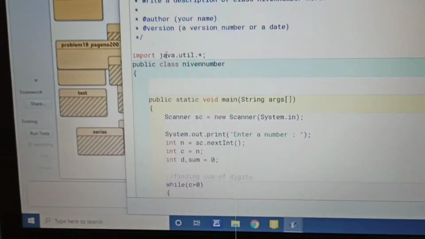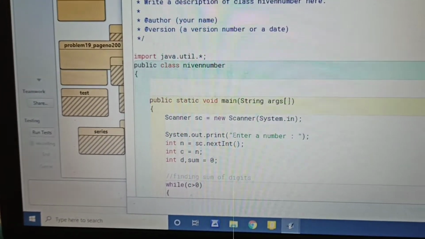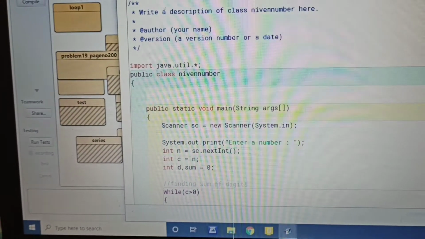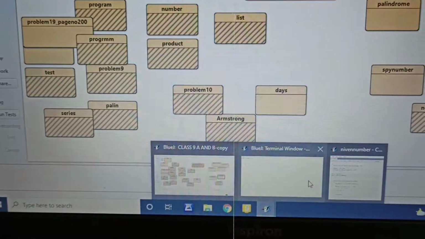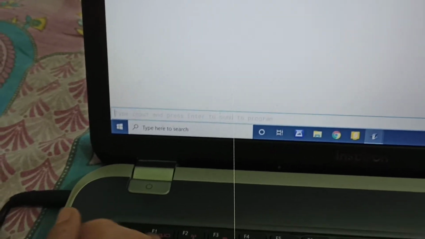First I will show you the output. After compilation it asks to enter a number. If I write 126 and press enter, it shows that 126 is the Nevin number.